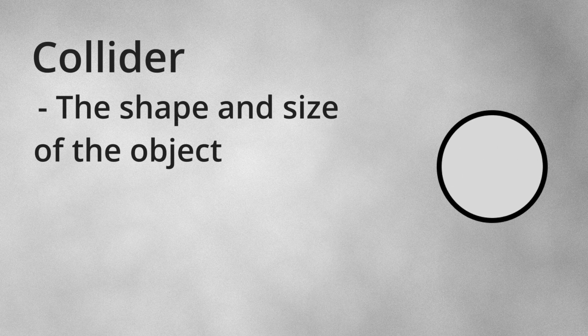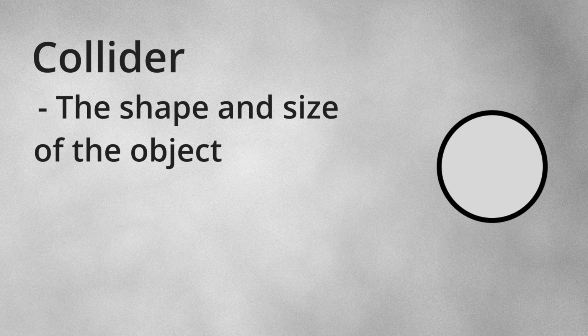But before we do that, we actually have to define the space that each object takes up in terms of numbers. Up until this point, we've only actually defined the exact and infinitely small position of the object. To define the shape and size of an object, we assign an object known as a collider to every simulated object within the physics engine.